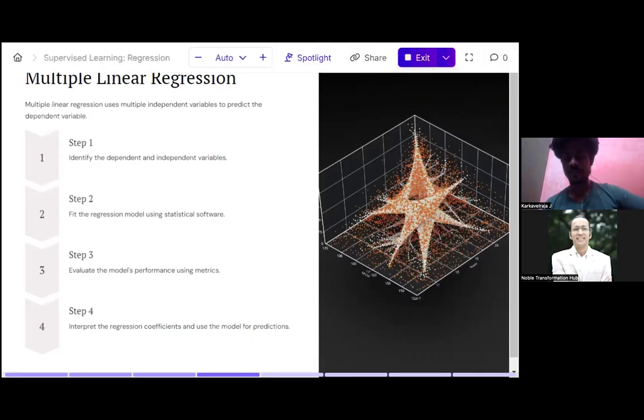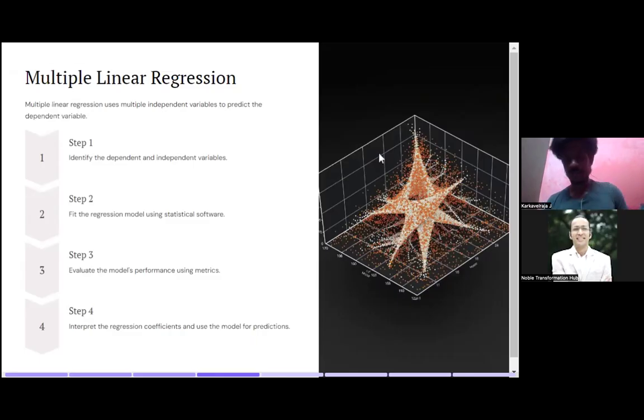Multilinear regression, which I already said, if we have multiple variables, then we can use multiple linear regression. Otherwise, we'll use simple or single linear regression. If it is one variable, it would be single linear regression. If it is multiple, there will be multiple variables, independent, and when you predict, dependent, because we can only do regression when we have two variables,